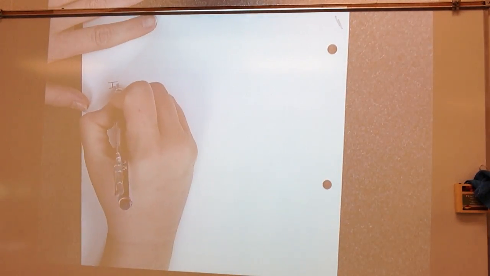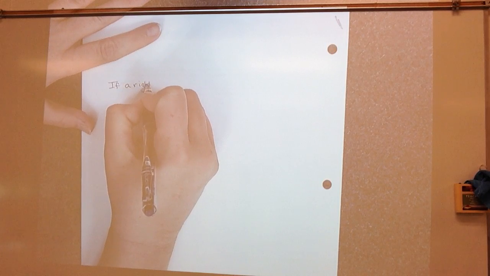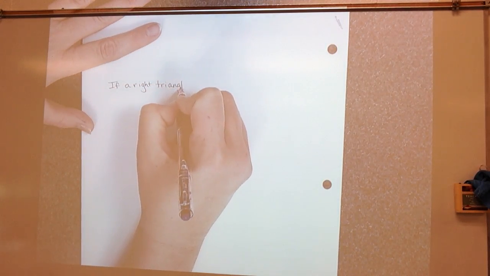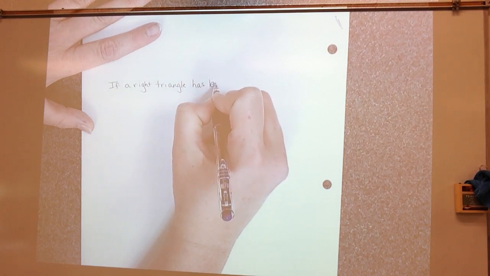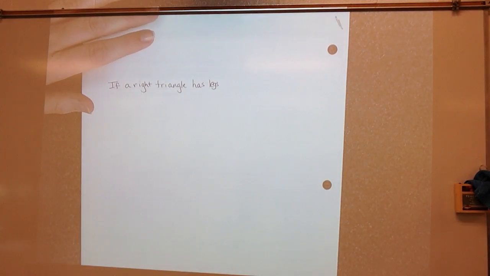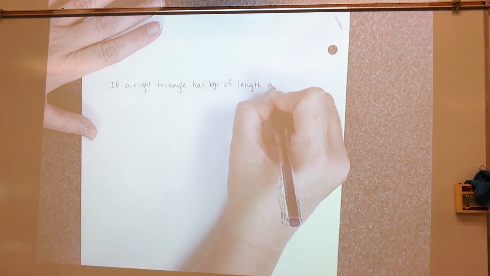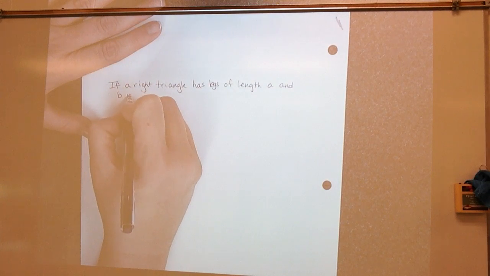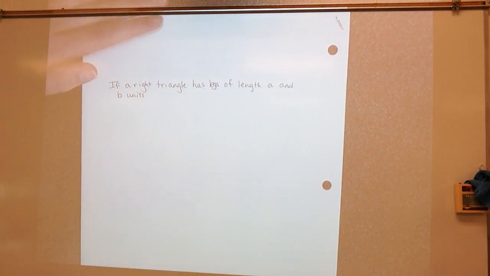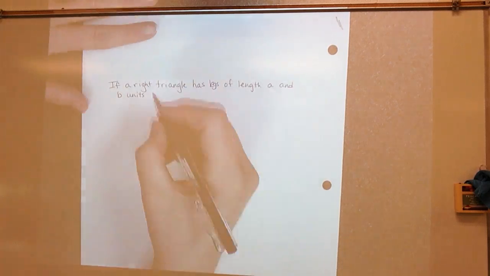So, the Pythagorean theorem says this: if a right triangle has legs of length A and B units, okay, we're not putting specific numbers in here right now, and hypotenuse of length C units,